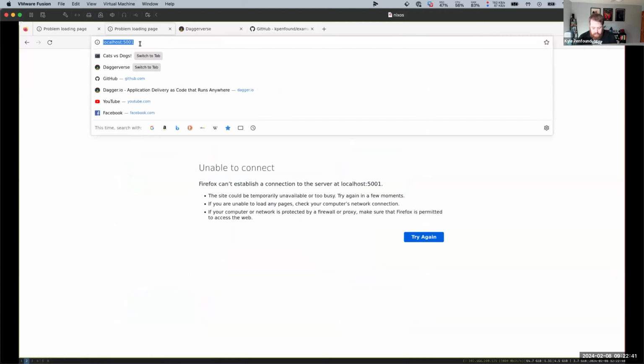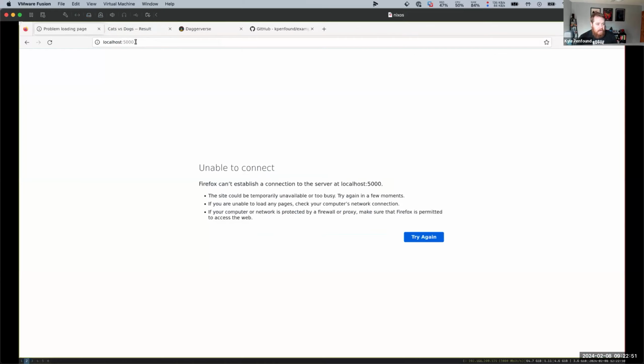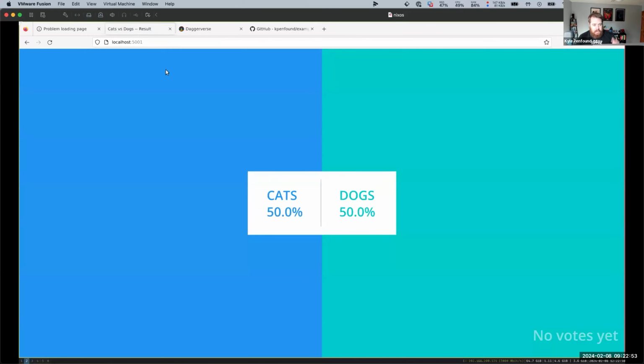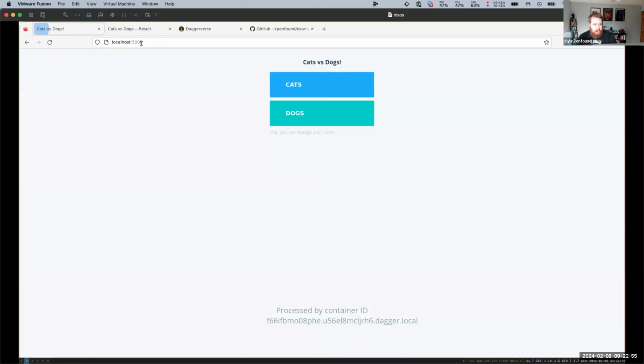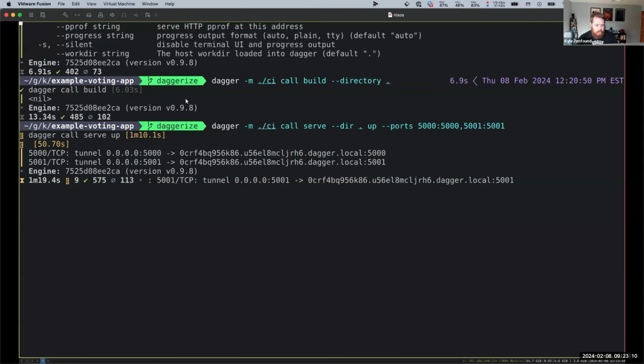And if we go here, this is the results page, so it's pre-seeded, and you can vote for cats or dogs in this example voting app. And if we go over here, so this is the result service. If we go over here, hopefully we have the vote service, and so we can vote for cats or dogs. I'll vote for dogs because my dog is in the room and the cat is not. And then we go over here, and boom, it's updated real time, just like the Docker Compose would, but in